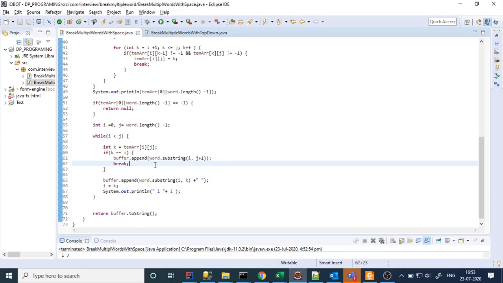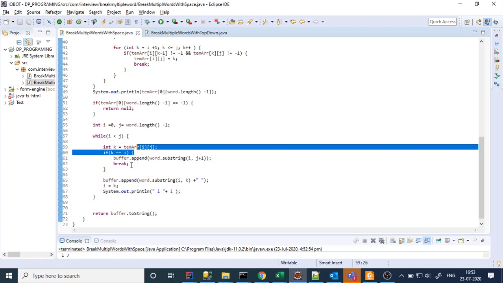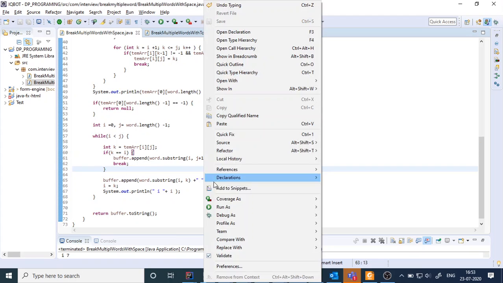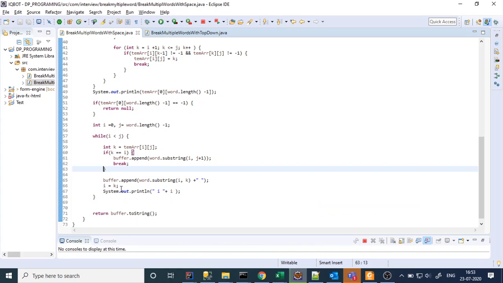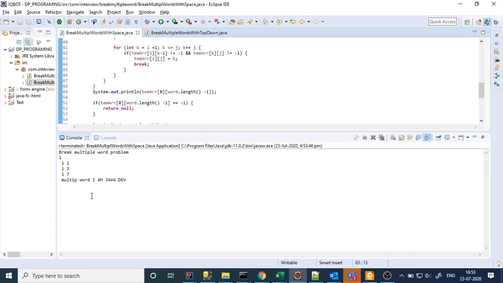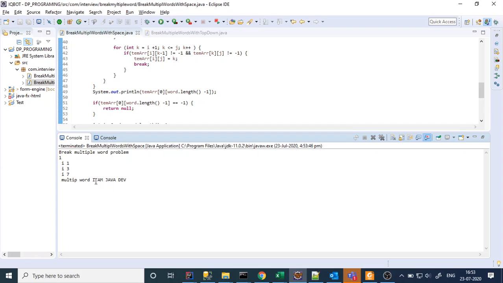Okay, no problem. It is fixed, and it will break. Okay, sorry, terminal condition. This is the most important thing, that we need some terminal condition, right? So if you see, our input is like that: I am Java dev.